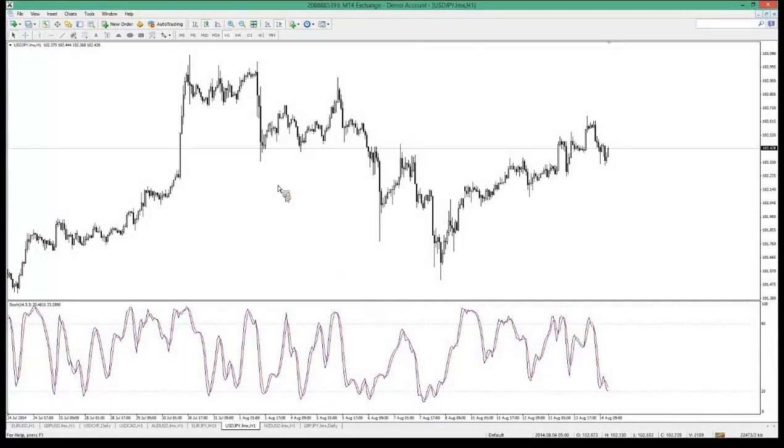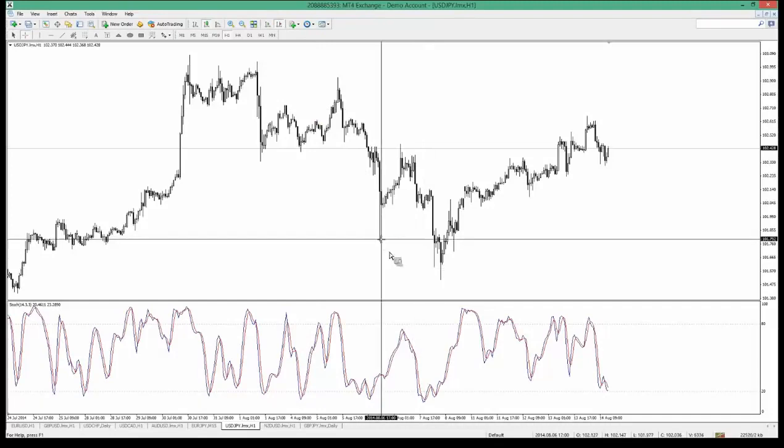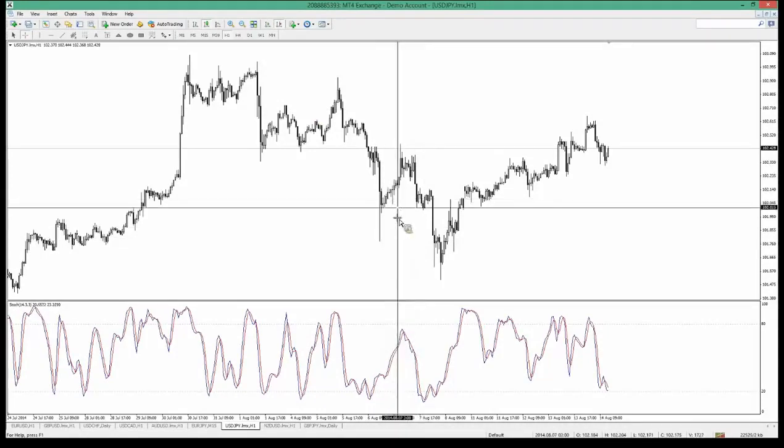I wasn't going to look at that today, but the main thing to take away with this is your trend direction. Okay, so use this with your trend direction and you should find a decent bit of success on it. Okay,